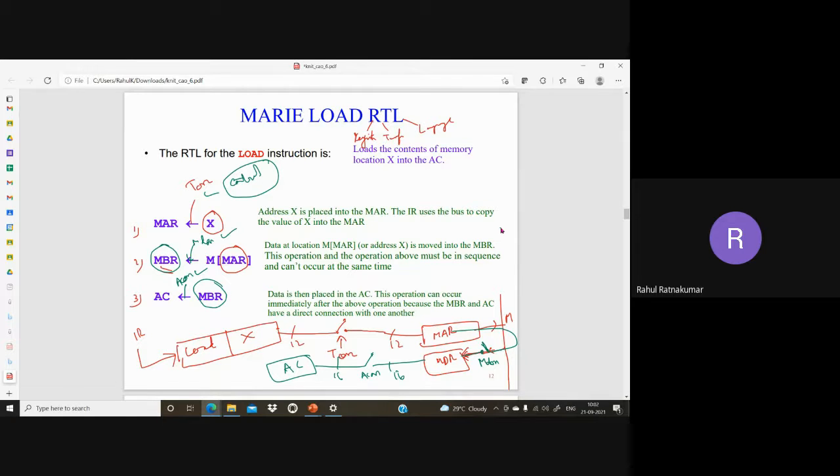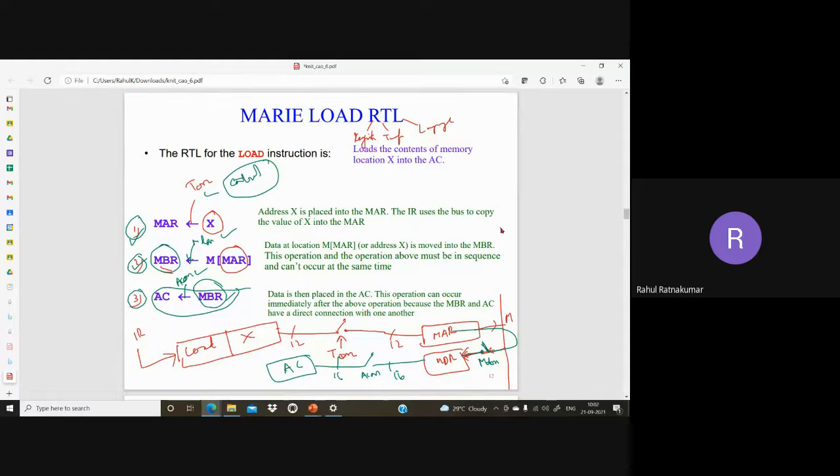So all of those are controlled by simple switches, and you can see these three operations are actually timed, and timing is very important. The third operation can happen only after operations 1 and 2 have been completed, and the second operation can be completed only if the first operation has been completed. So you can see the control is very important, the sequence is very important. So this is called timing. Here the timing plays a very important role.